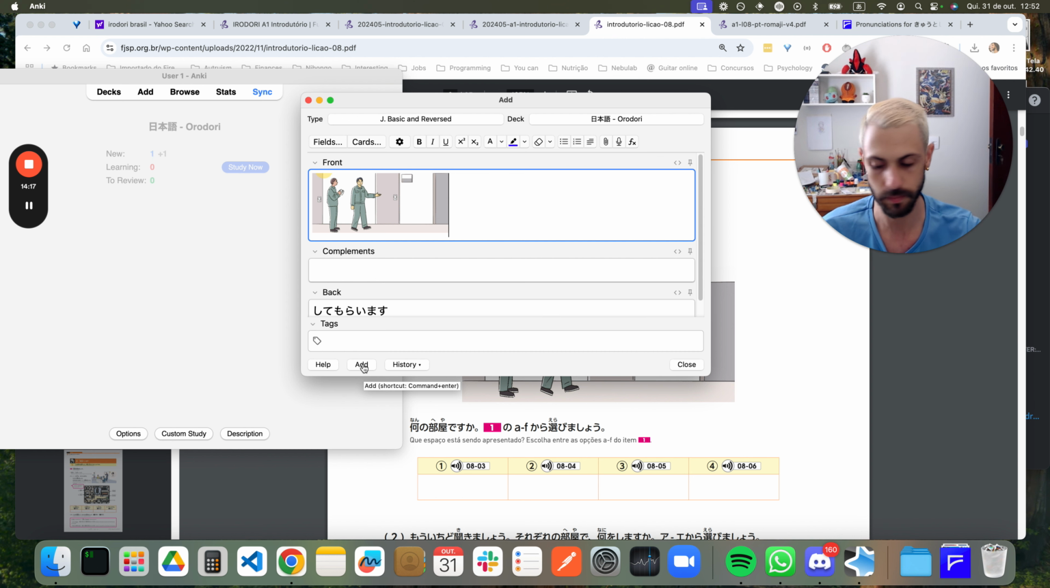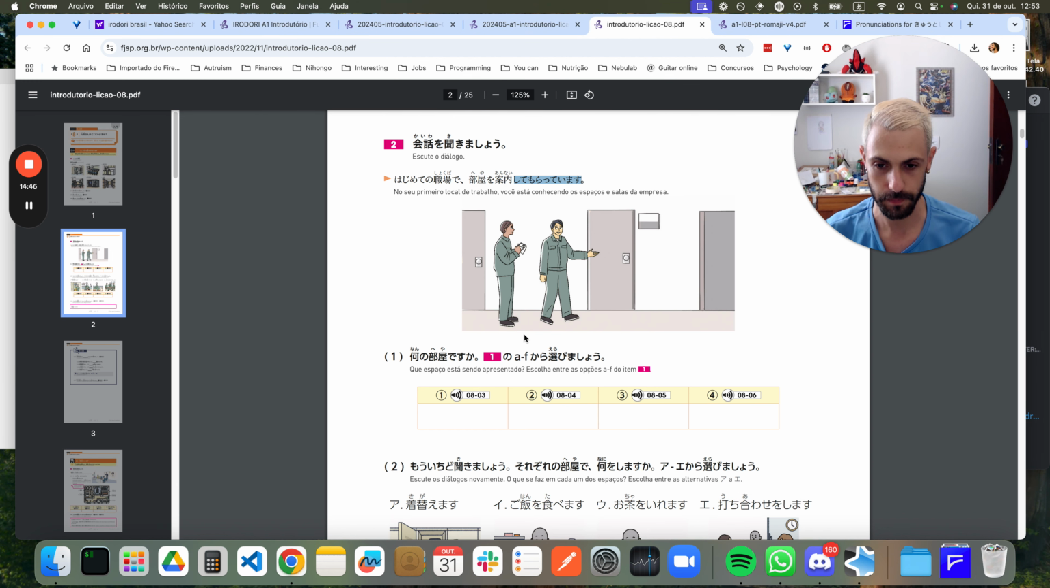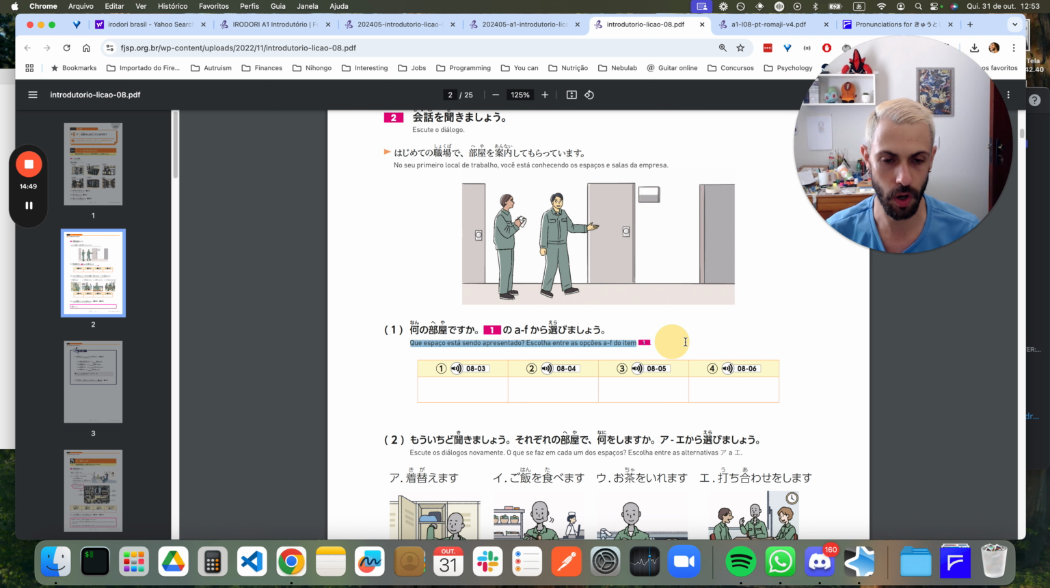You can see them here. If I'm going to go with my cell phone today to the lesson, and I'm going to ask the teacher, Sensei, shitemoraimasu, she's going to correct me if this is wrong. I just add it. Okay? Let's see. Here I need to listen to the audios. We do this during the